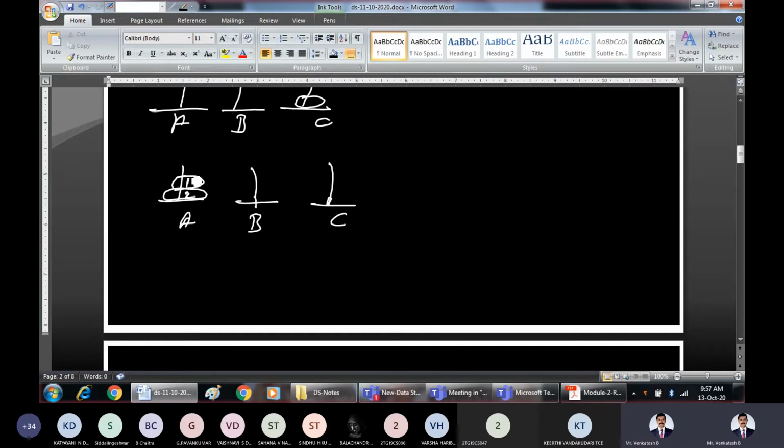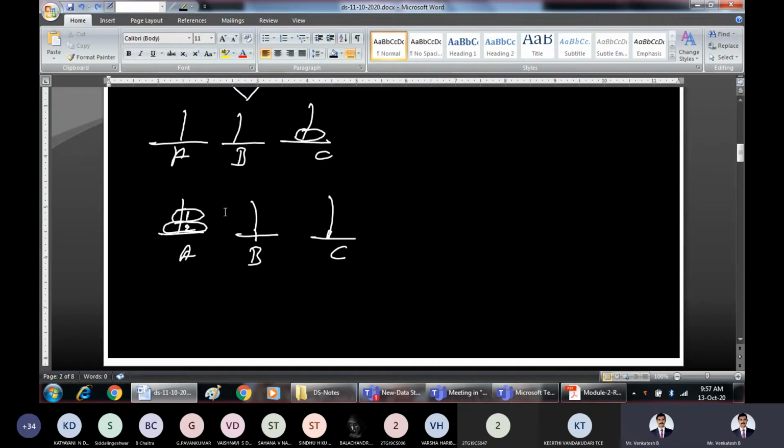Obviously you are allowed to take out only disk number one. You are not allowed to take disk number two. So when I take out disk number one, where will you place it? Either on B or C? Use some logic and can someone tell me where I should put disk number one? What will be the best? B, sir. B. So I should take disk number one and move it on to B. Why? Because when I move it on to B, later I can take disk number two and move it to C, so that I minimize the number of moves. So what I will do when there are two disks, the scenario will be something like this.